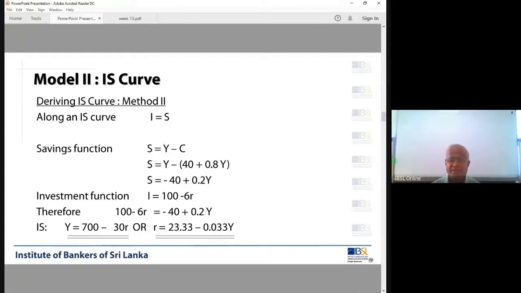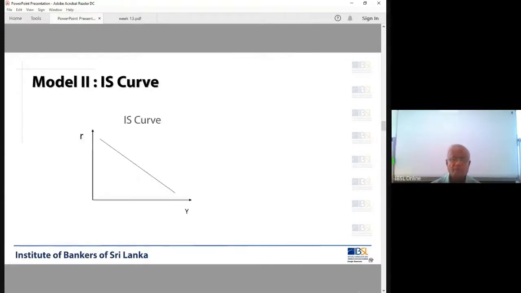If you are very conversant with mathematics, this is nothing. You can easily understand. With the set of equations, either Y equals C plus I or I equals S, you can derive the IS curve. If you are not that conversant with mathematics, I want you to understand the simple equation: go through it line by line. Well, we discussed two methods to derive the IS curve. Using Y equals C plus I, we derive the relationship between income and interest rate. Or using I equals S, we derive the relationship between income and interest rate. Same equation.